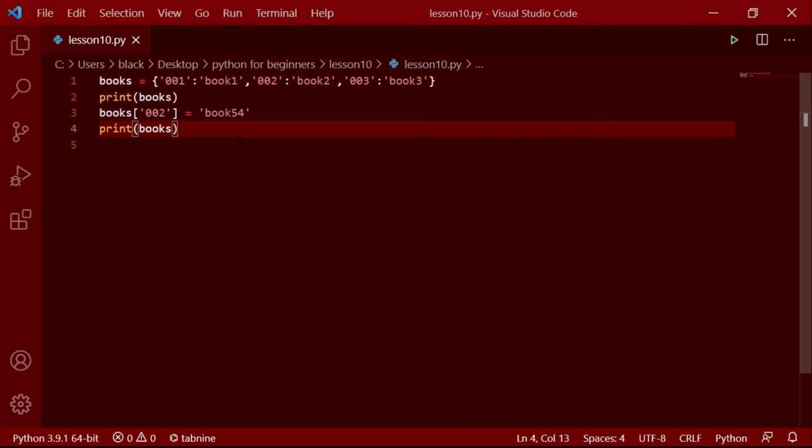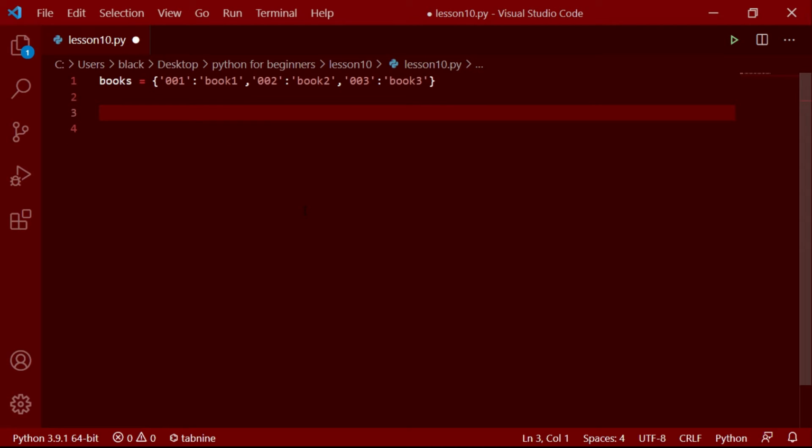And there is another function called update to do the same thing. Let's see how to use it. Let's say we want to add a new key and value pair using this update function. To do that, first give the dictionary name, then dot update, and inside these parentheses again open and close curly brackets. In here you can add key and value pairs, not just one. You can add more than one. Let's try adding two key and value pairs.